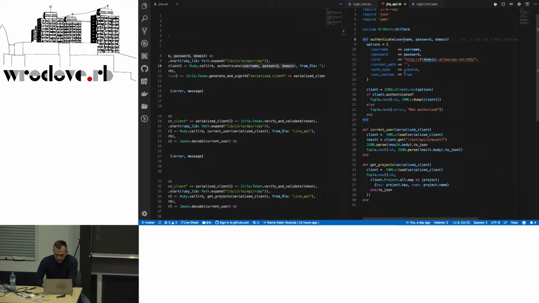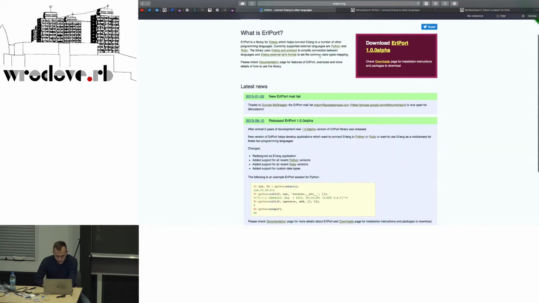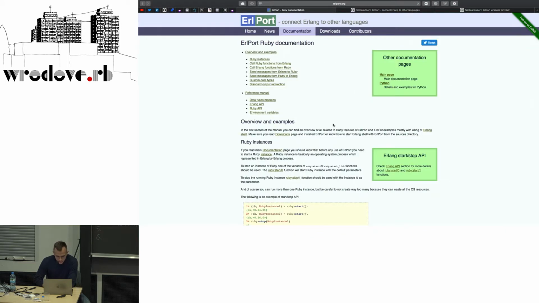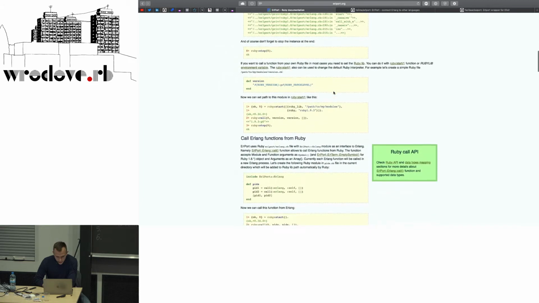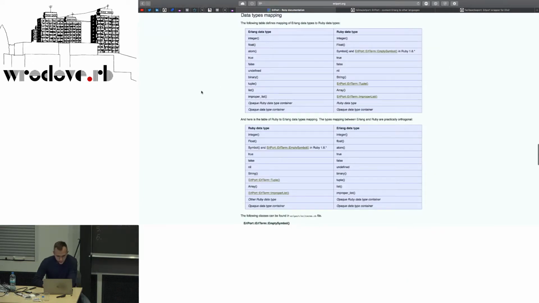It looks nice, but there are some caveats, some problems with that. For instance, the one problem is with data structure mapping, because they are different. They are kind of similar, but they are different. For instance, this is how Erlang data types map to Ruby types.